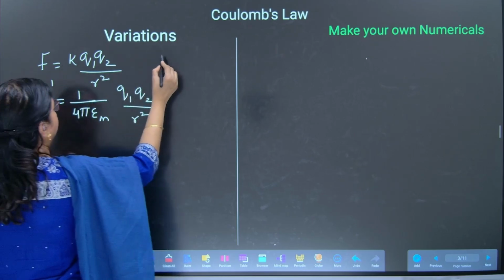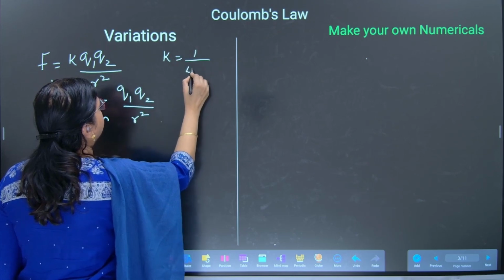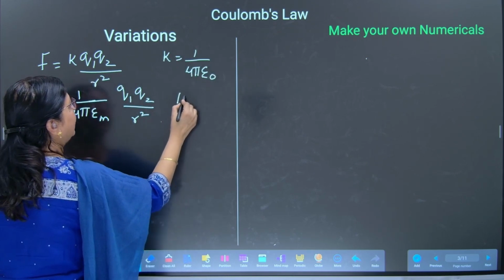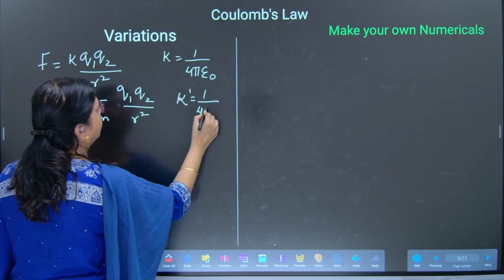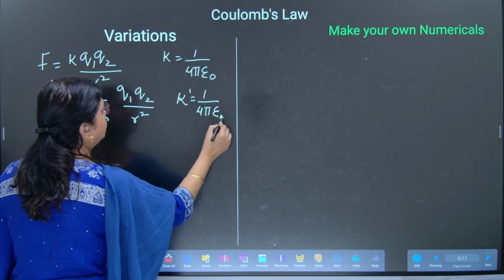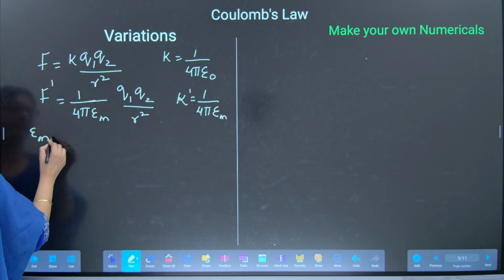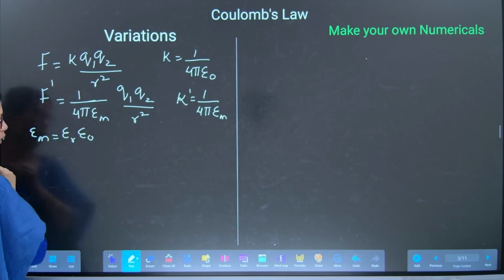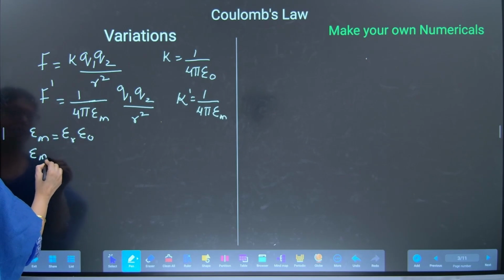Instead of writing K as 1 upon 4 pi epsilon naught, we have written K dash is equal to 1 upon 4 pi epsilon m, where epsilon m is equal to epsilon r epsilon naught,